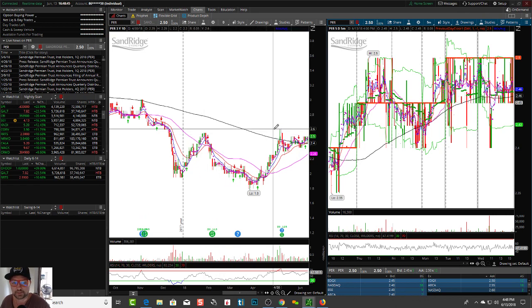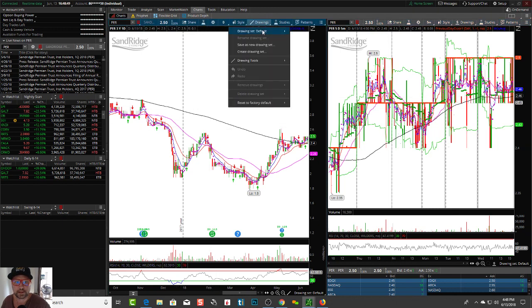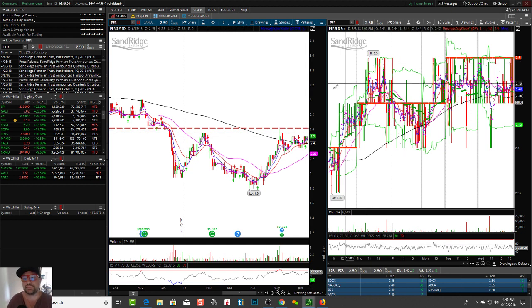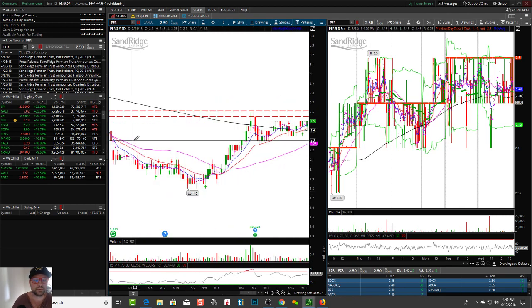cup and a handle. So you got to look at this absolute and complete and utter garbage, and then you can say, okay, let's find the patterns. Are there any? Well, yeah, there is the top of a cup here, but look, it's like 5 to 10 cents away. This is a 5-cent spread stock. That's why it trades like this.